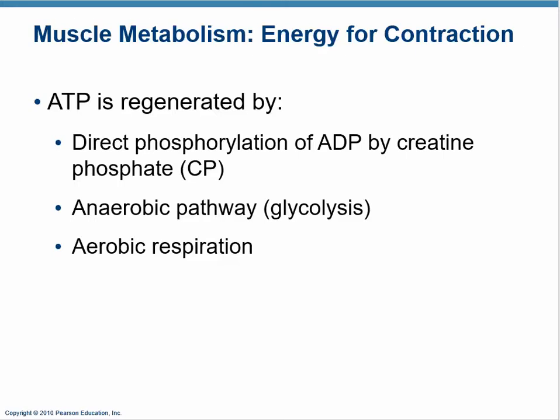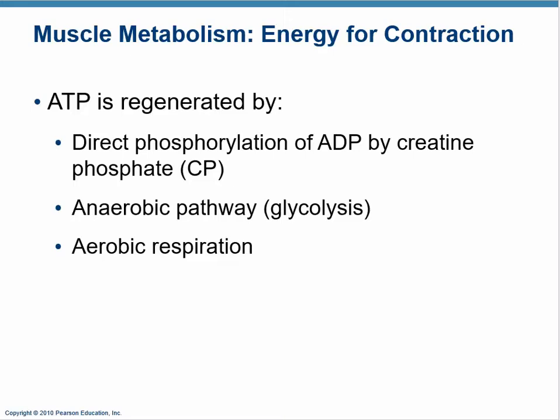The creatine phosphate, CP, gives ADP a P, and the ADP becomes ATP and the CP becomes creatine. It's fast, one step, it happens immediately, and we store that in times of low energy use and high energy